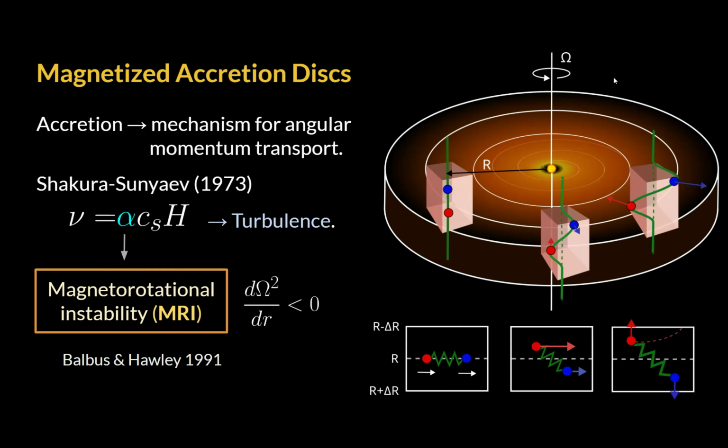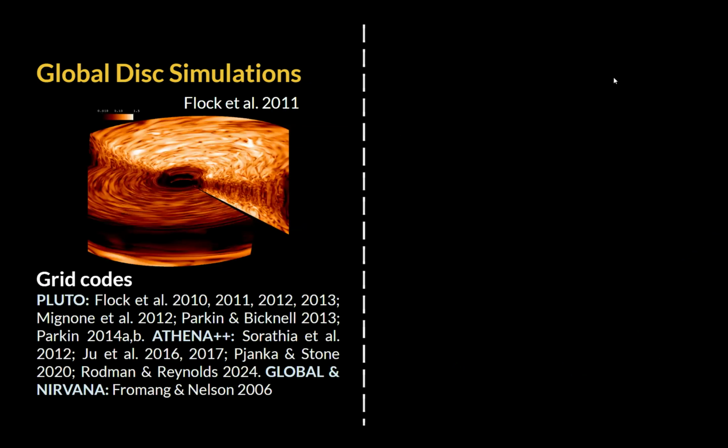And so the inner element will lose angular momentum and will continue falling down to the central star, opposite to the outer element. If the magnetic tension is not strong enough, the two elements will separate, and that's the origin of the instability. So regarding numerical simulations, we have global disk simulations previously that mainly use grid codes, like